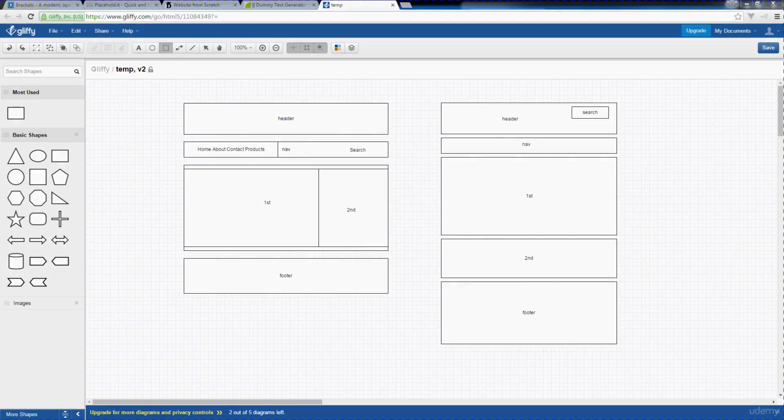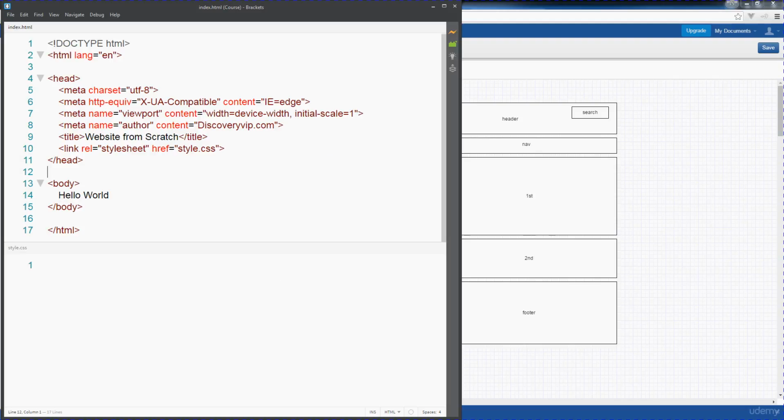In the last lesson, we showed you how you can create your website and roughly sketch out what you want your website to look like. And this is always a good first step because it's always good to have a blueprint to go off of in order to start creating your website. So now we've got that blueprint up and ready to go, we can open up our editor and actually start